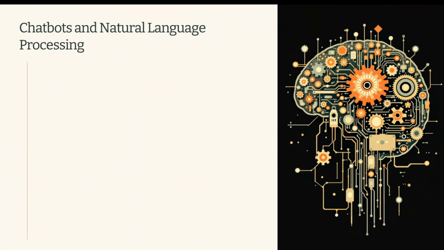Moving on to the next slide, we have chatbots and natural language processing. Chatbots powered by natural language processing use advanced techniques to understand and interact with users in a way that mimics human conversation. NLP is essential for transforming raw text into meaningful data, enabling chatbots to effectively interpret and respond to